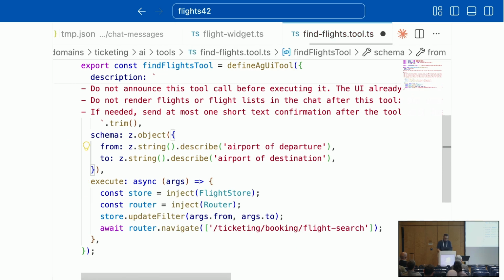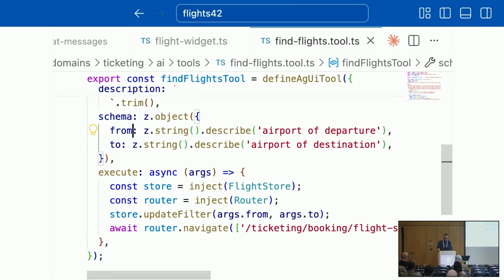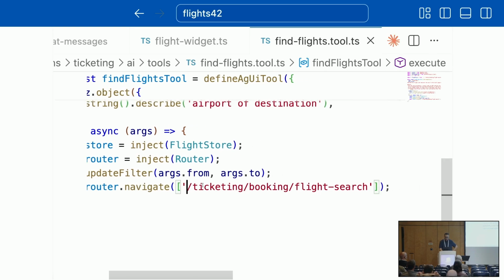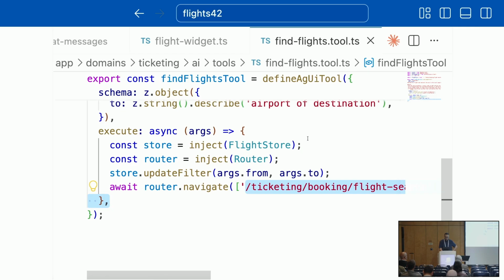Besides this, we are just triggering functions, services we very likely already have in our client. Function services for navigating over to a different route, or perhaps we want to tell a store to do this or that. Here we are telling the store responsible for searching for flights to update its filter with from and to. Both are sent down from the agent, from the LLM.